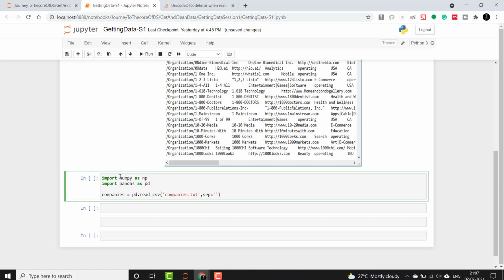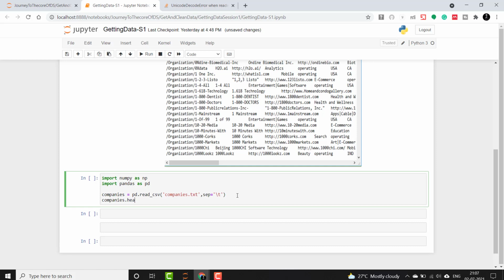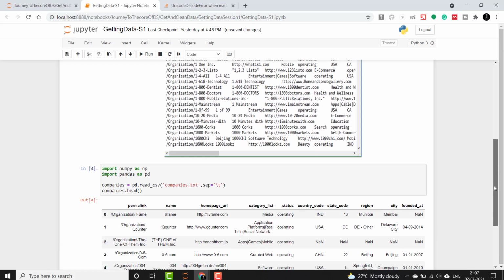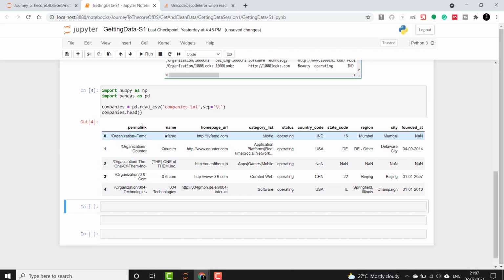So tab is represented via \t. Okay, and then I will try and see its output. Print its head. Okay, so you will observe that from that txt it has taken the separator as tab and it has made this data frame, segregating each of the columns and rows via data.